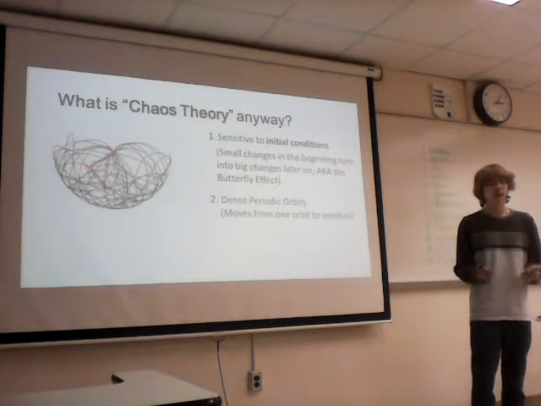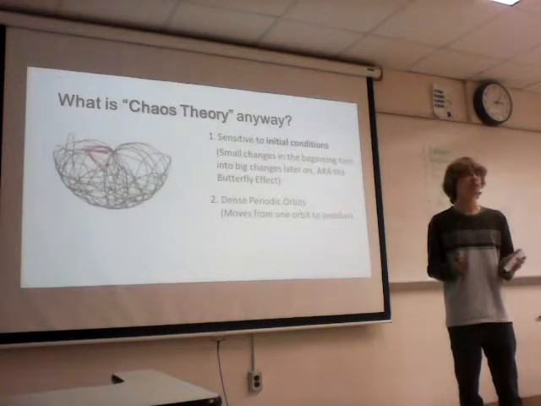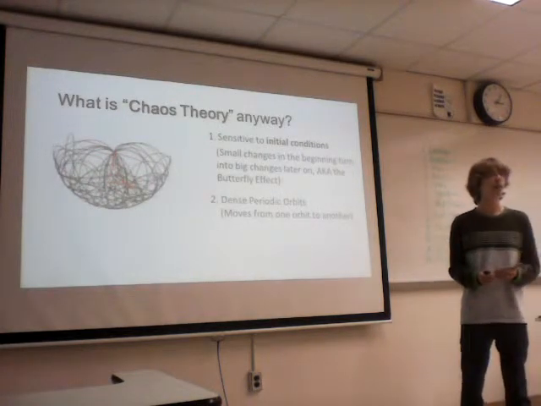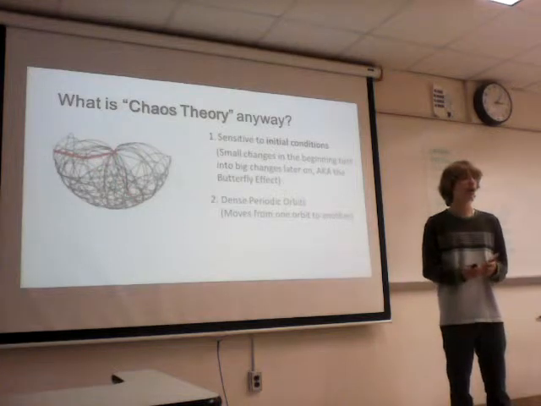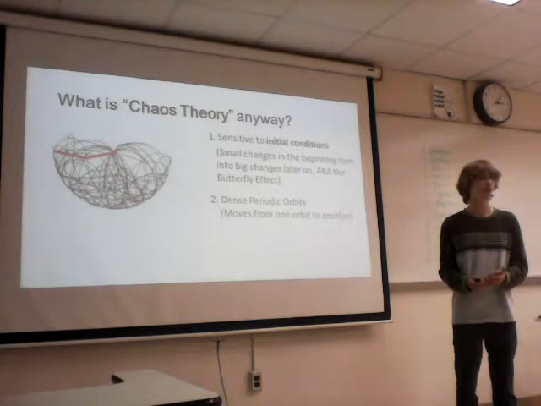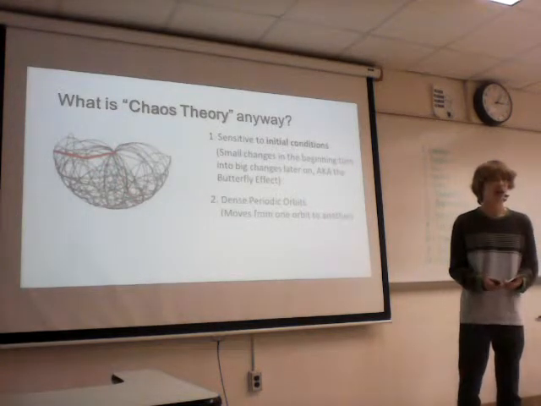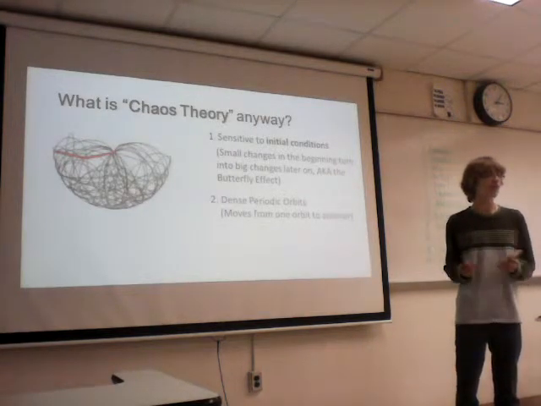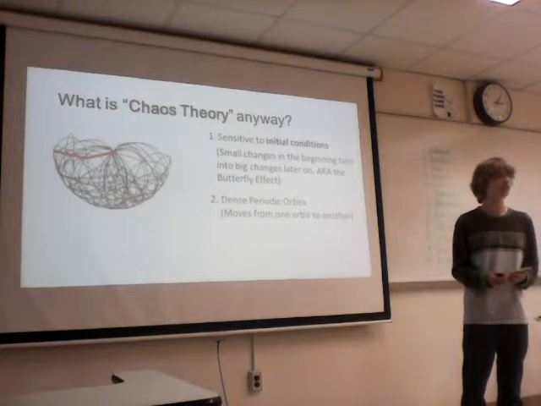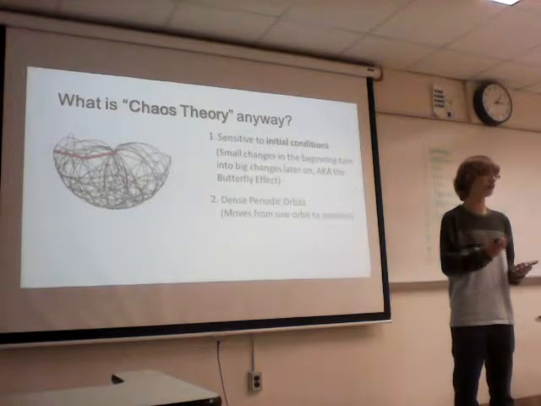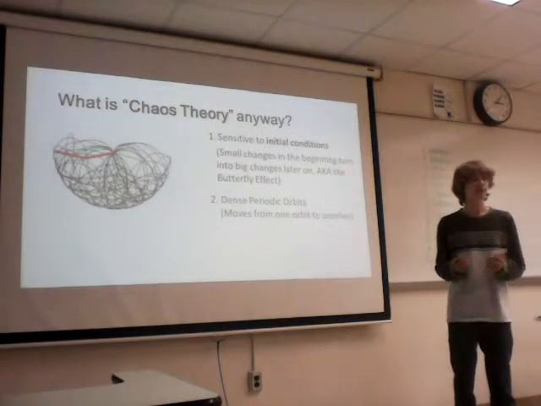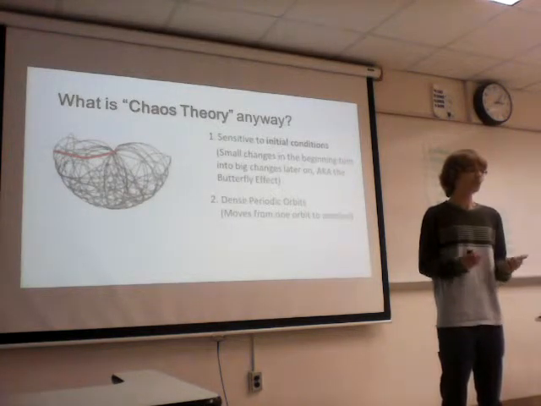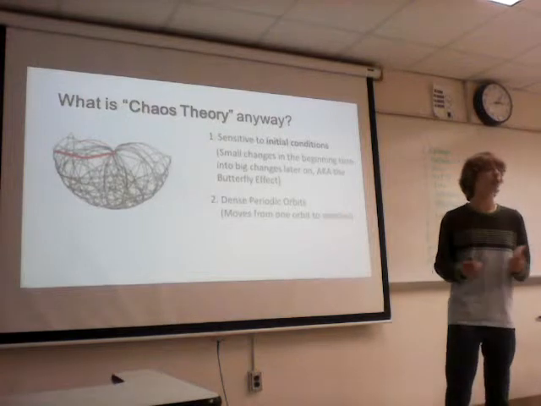Secondly, chaotic objects have dense periodic orbits. This is a little more complicated to explain, but I'll borrow the explanation of Mark C. Carroll on his blog, Good Math. Mark says that the dense periodic orbits are similar to the planetary orbits around the sun. However, unlike the idealized ovals that we often think of, these orbits are more like the real orbits of the